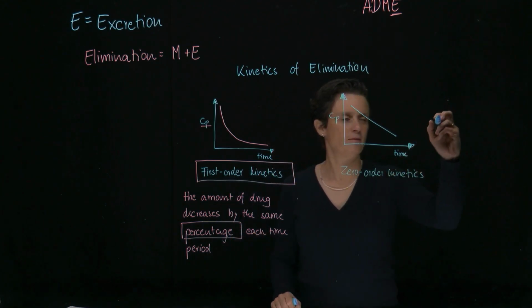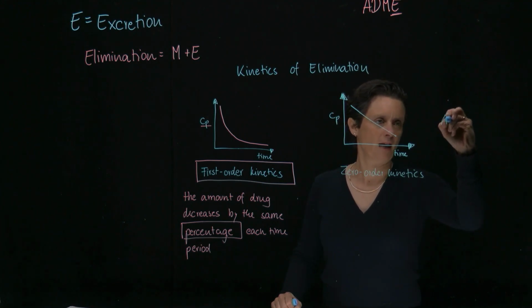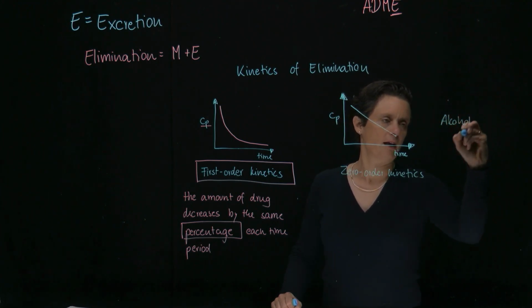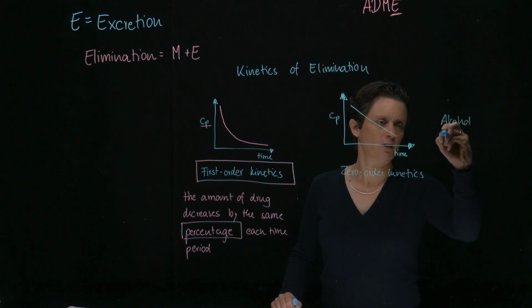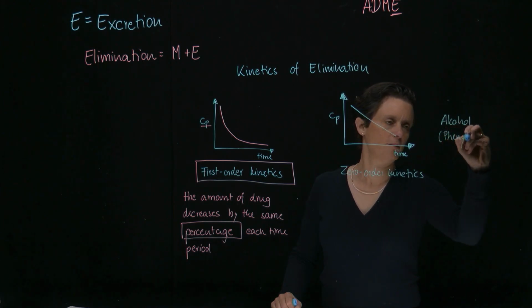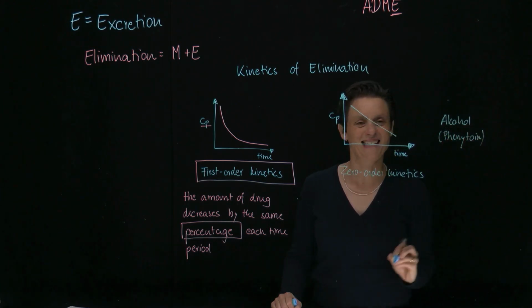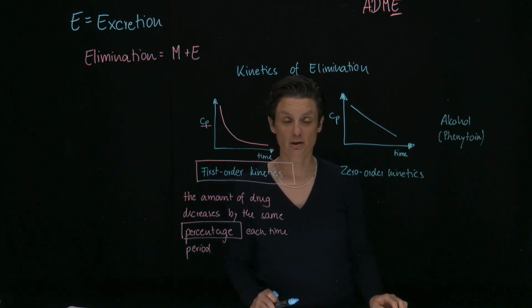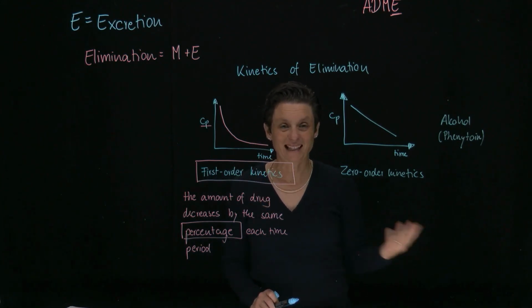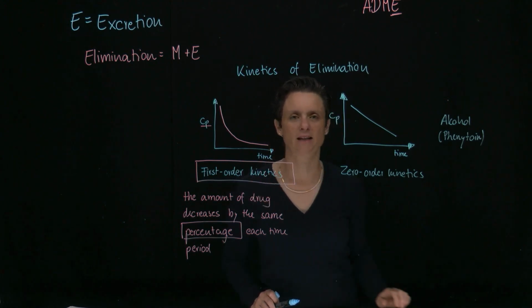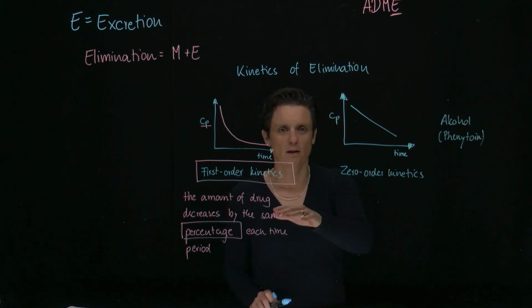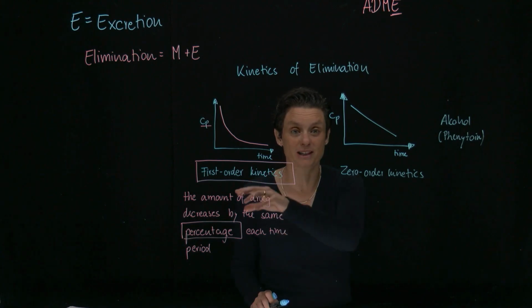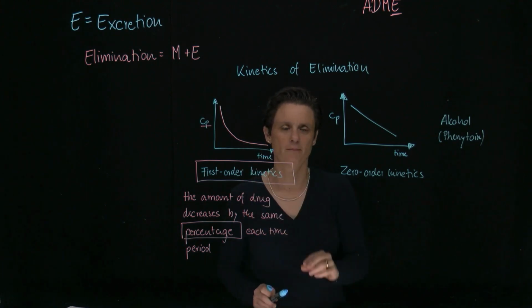The most famous example is probably alcohol. And then there's also other drugs that you're going to learn about, like phenytoin, an anti-seizure medication that is pretty famous for being eliminated by zero-order kinetics. But 99% of the drugs fall into the category of first-order kinetics, where there's the same percentage each time period